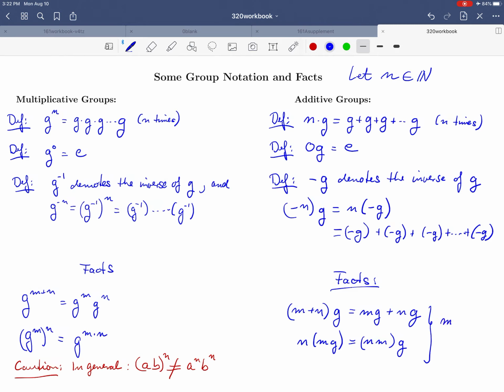And in both of those facts, m and n can be any integers. So we are talking about having a certain number of copies of a group element that is just added to itself over and over and over again. We'll be using these notations throughout, so you'll get more comfortable